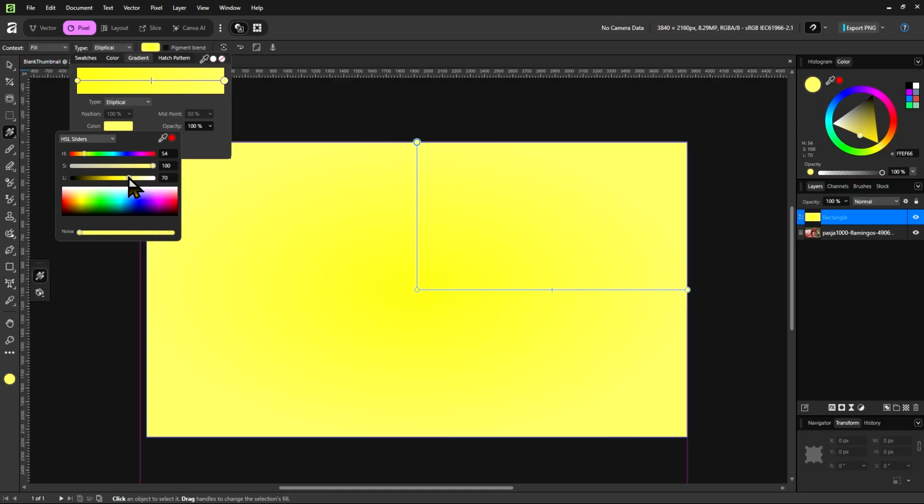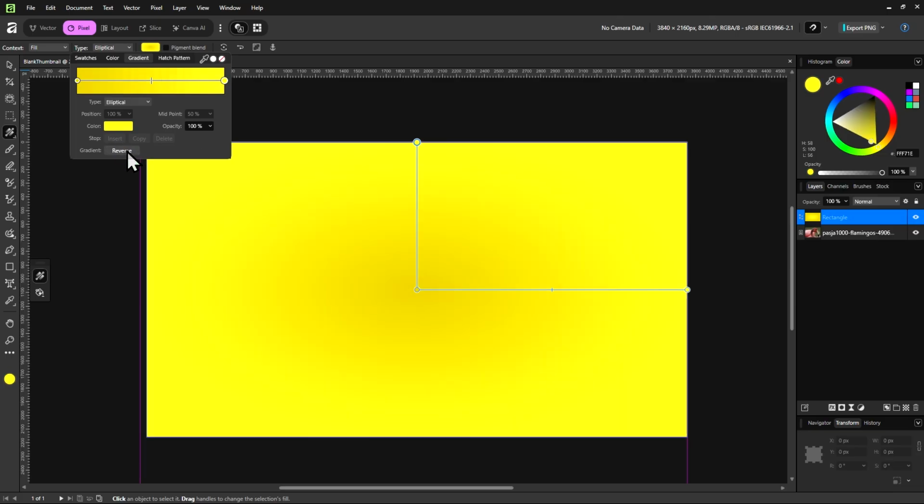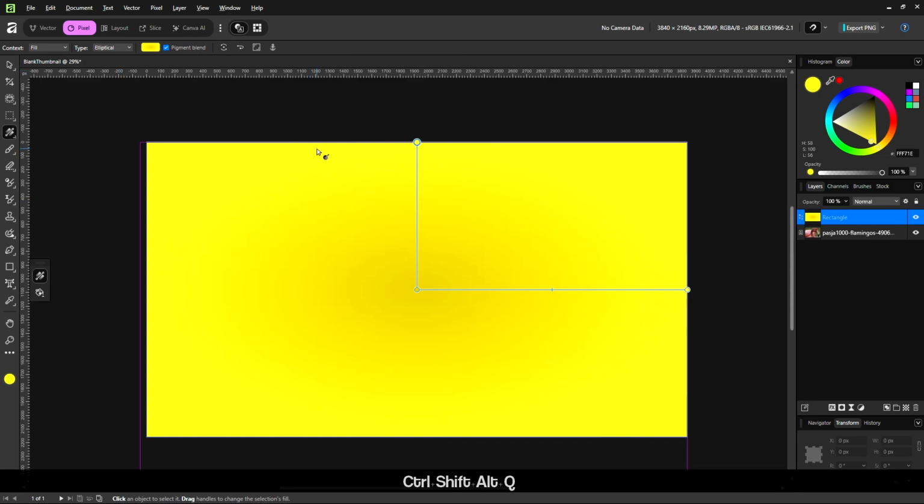Maybe I'll make this one a little darker. And basically what I want is for there to be still a gradient, but so barely noticeable, more like you can feel the gradient, but not see the gradient, at least not in a quick glance. And then I will try reversing, seeing which order I like. Maybe this one, and then pigment blend, because I just like that pigment blend.